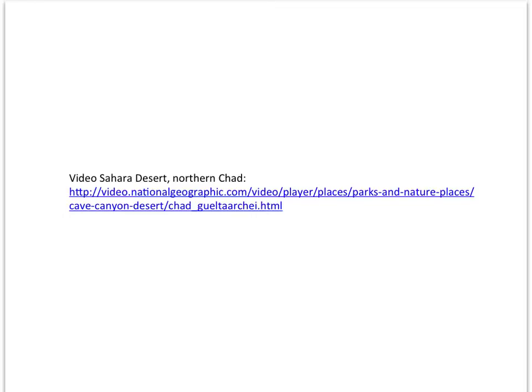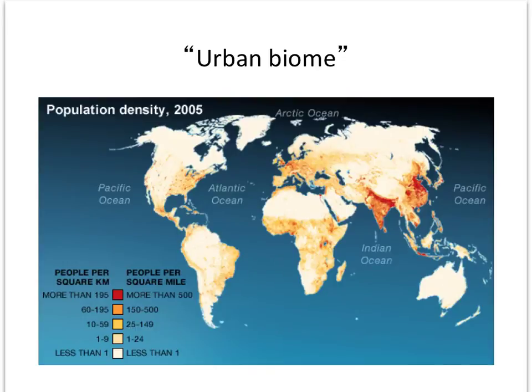When we talk about biomes, we also have to consider human beings. We live in urban biomes, and you can see here from this map that we have populations that are distributed not uniformly, not randomly, but in specific clump patterns all over the globe. And you can see specifically here in the United States, the majority of the population is located in the East Coast, but you also can notice India has a large population, so does the eastern parts of China. Europe has large populations, this urban biome as well.